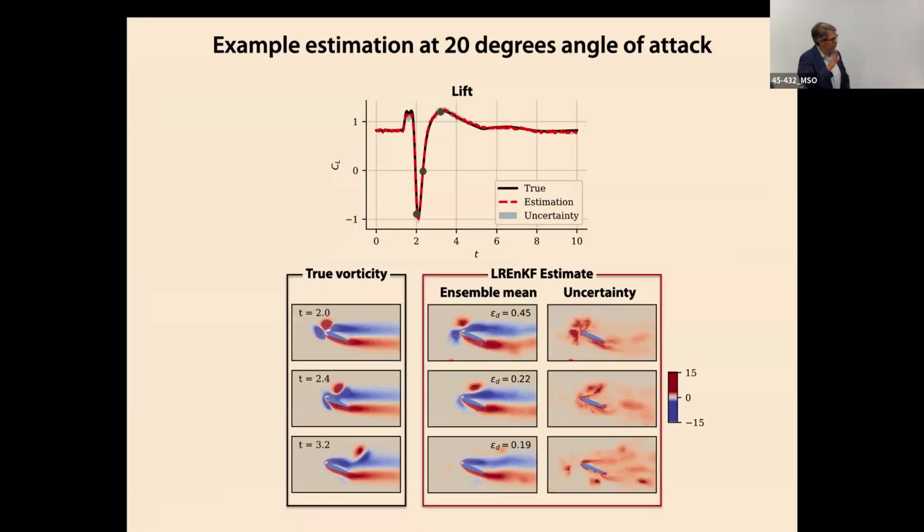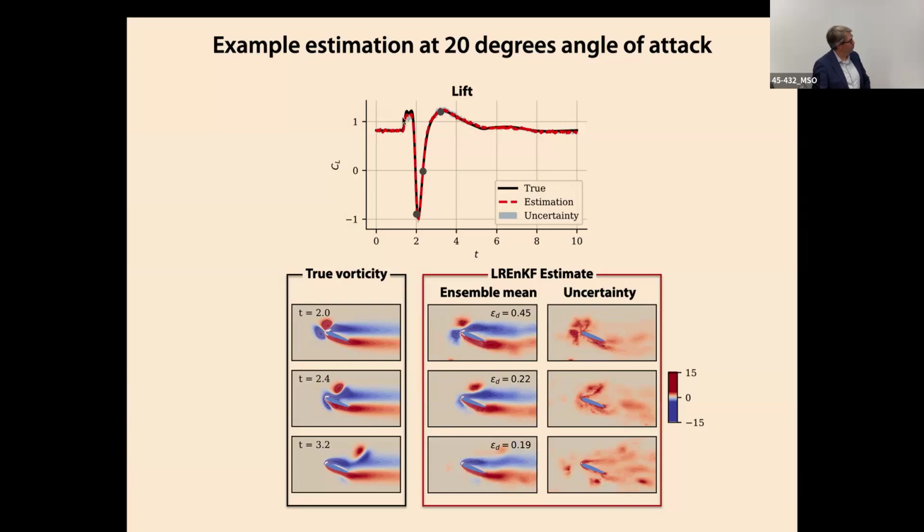Okay, so I'm going to just go right to the results here. This is at 20 degrees, and now I'm showing you results on unseen data. This is not part of the training. This is actually deploying it on new cases. So at 20 degrees angle of attack, the lift is fairly constant without a gust. So the lift would just be right there, if there was no gust.